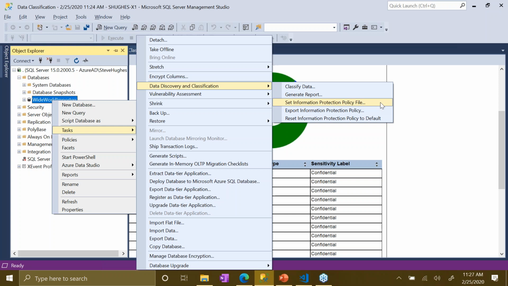Keep in mind, those of us that work in SQL Server a lot forget things like JSON is case sensitive, and you've got to pay really close attention to all that. But you can export the information policy, which I'm going to show you the exported one from mine. That's the default. And if you get stuck and it doesn't work, you can actually reset the policy so it'll go back to the original version. When you export it, it exports as a JSON file.